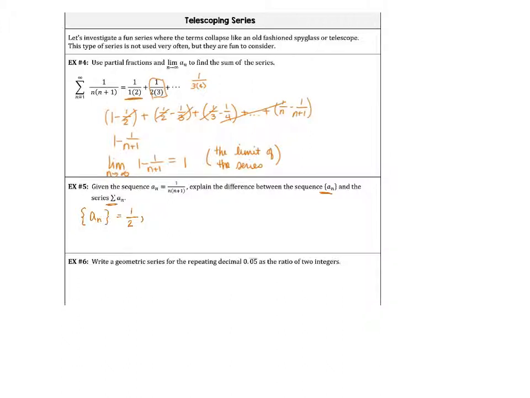And then if we get to 3, that's going to be our next term. So that's going to give us 1 over 2 times 3, or 6. And then our next term is going to be 1 over 12. And so on. So this looks like it's going to converge